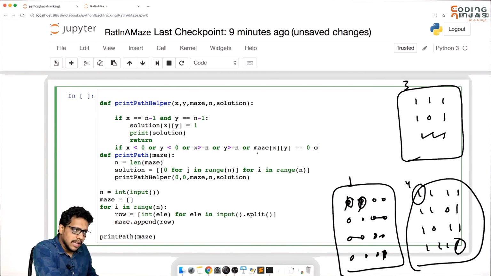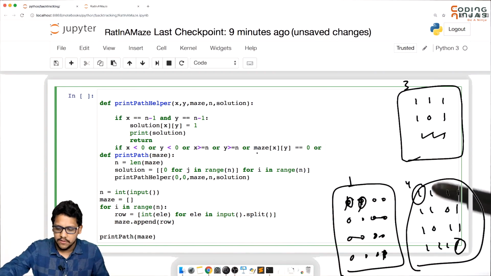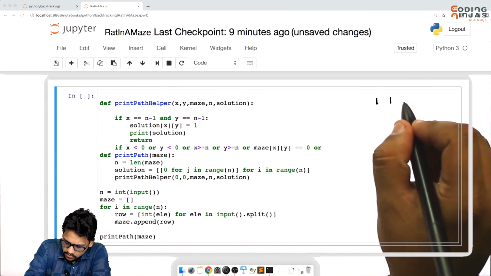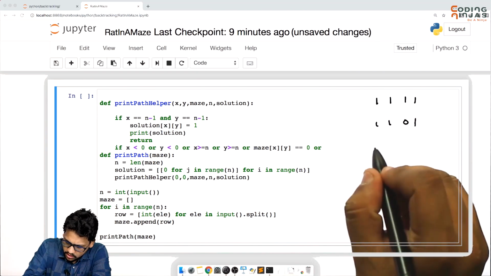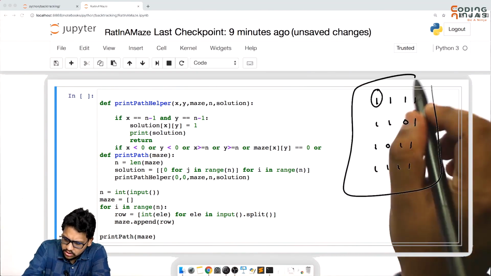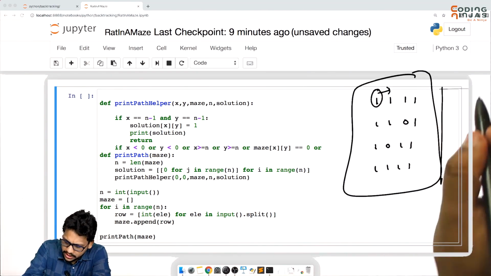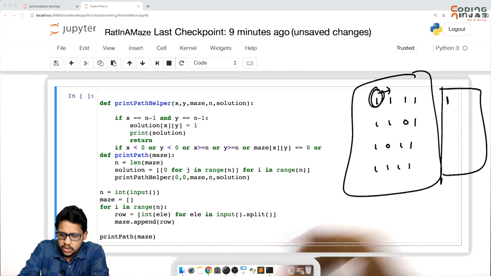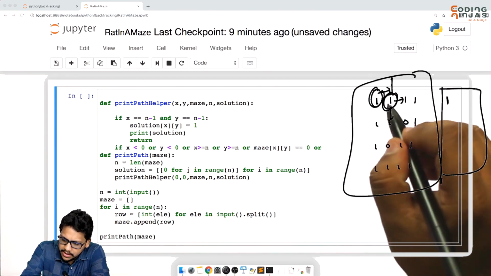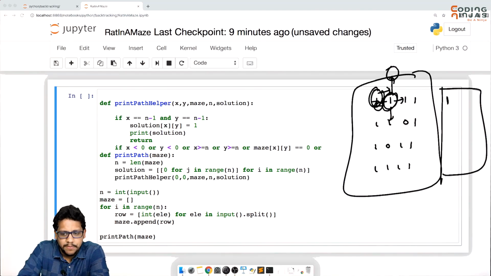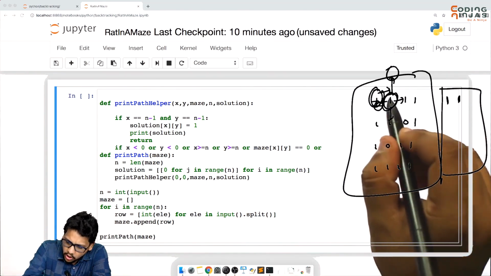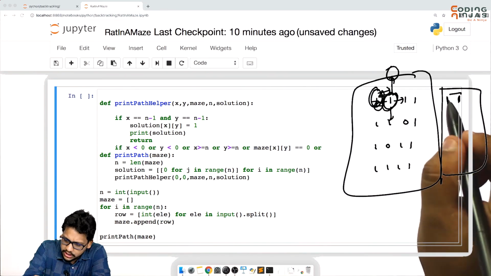Okay, I think there will be another blocking point. Let's see what it will be. When you say from here, you need to go to the right. In the solution matrix, you will initialize this value by 1. You will go to the right, you will come here. Now you will say, hey, I will explore right, down, up and left. These are the blocking points. You will come back. Now let's say you mark this with 1. This will be here. You will be calling left again.